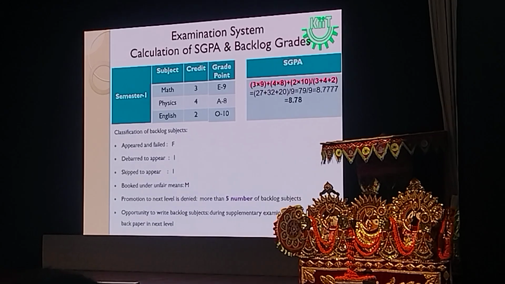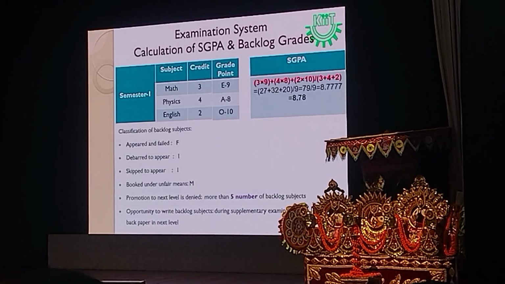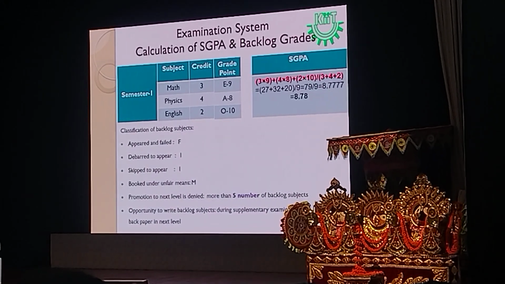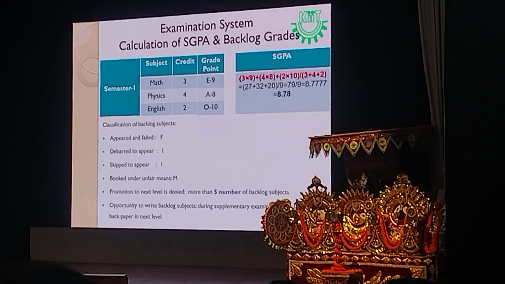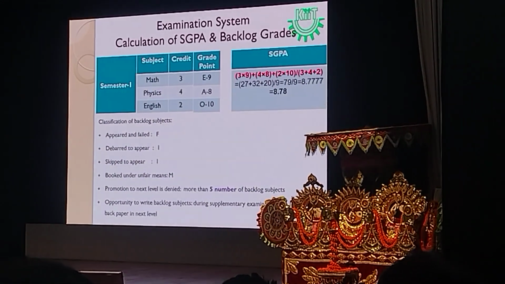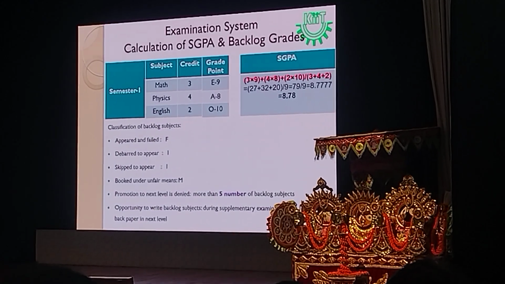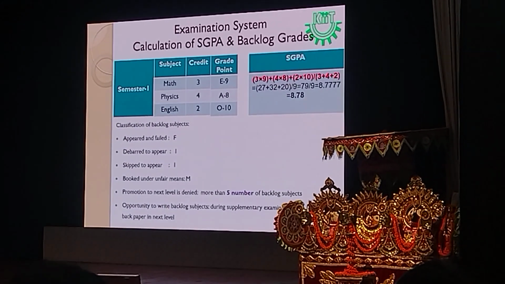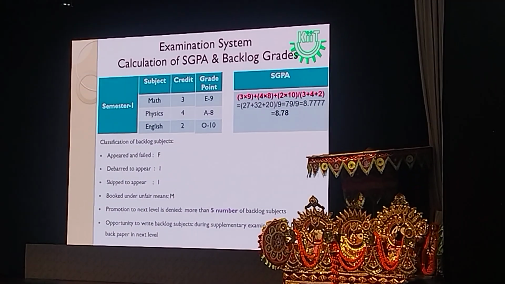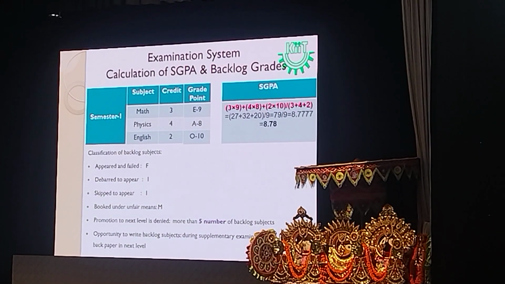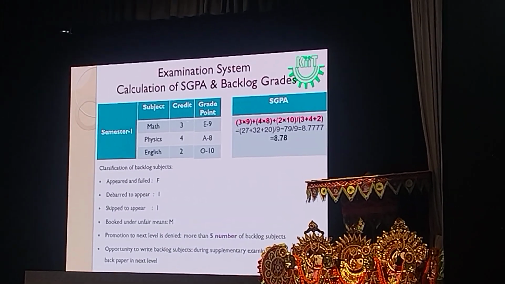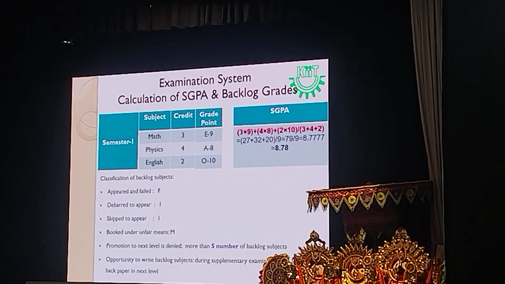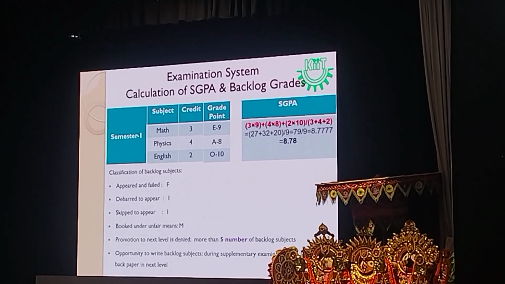And backlog subjects, as I have told: suppose a student has appeared in a particular subject, appeared in the mid semester, submitted all the activities, quizzes, assignments, and also appeared in the end semester examination, but failed to score 40 marks in a theory subject, which is very rare here. You should be assured that if you appear for everything, you should get at least above a C grade.